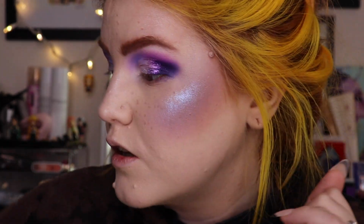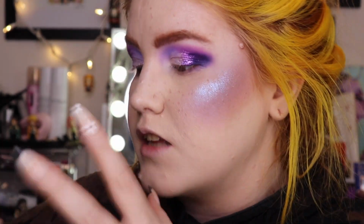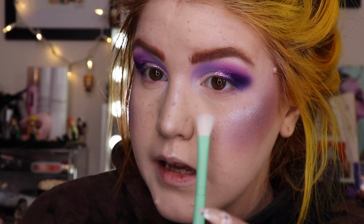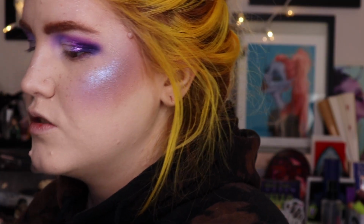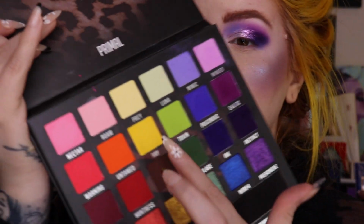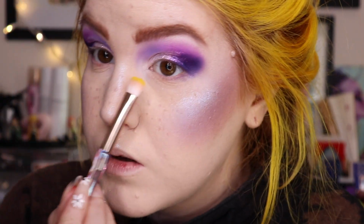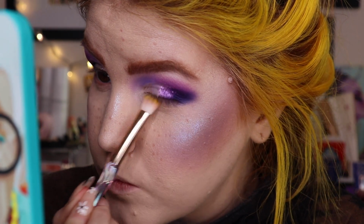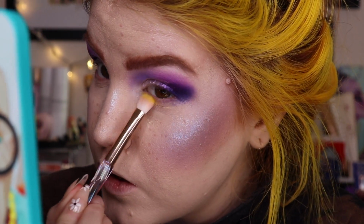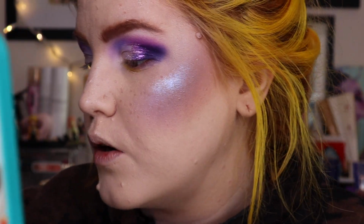I'm going to start on the lower lash line though, and I'm going to pretty much use the same shades that I used, but I think I'm going to pop a bit of yellow on the inner corner because that's what I feel like. So I'm going to go in with the shade Ray here, which is a beautiful yellow, and I'm going to pop just a smidge of this right here. Because why not? Purple and yellow are opposites on the color wheel, and I personally just love how they look